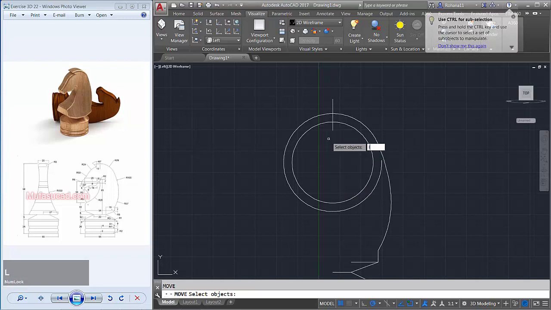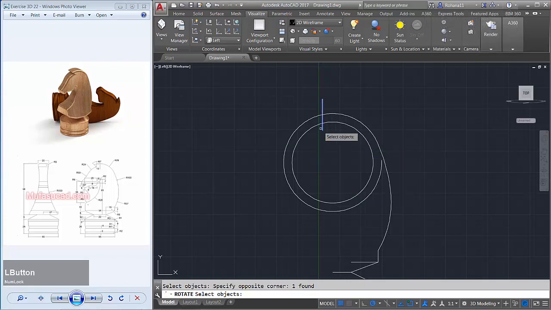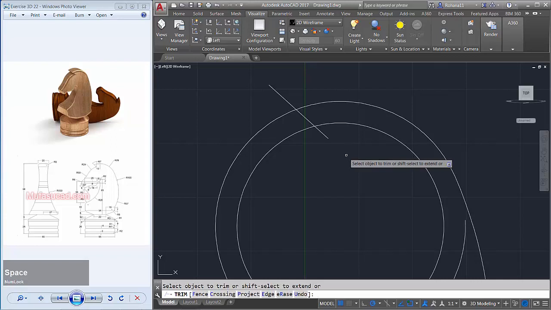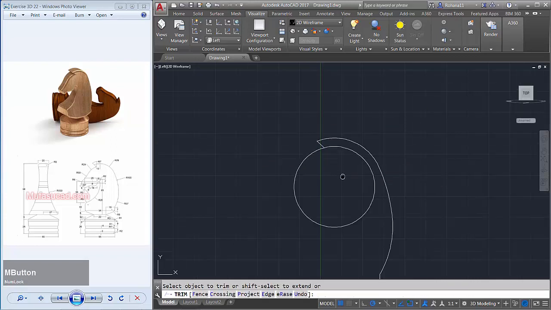Move the last object to the left about 6, and rotate this object from this point about 48 degree, and enter. Use a trim command to cut this line object, and then this circle.